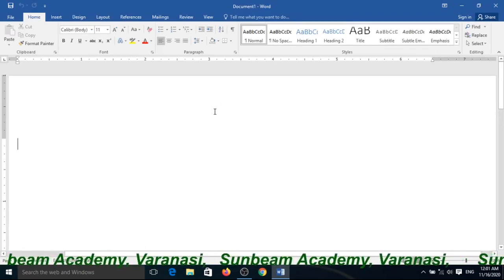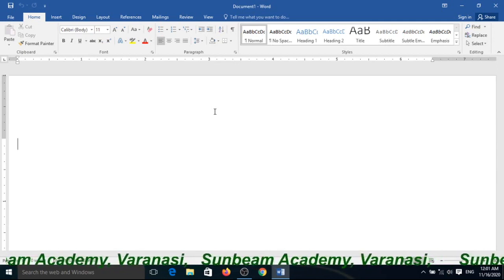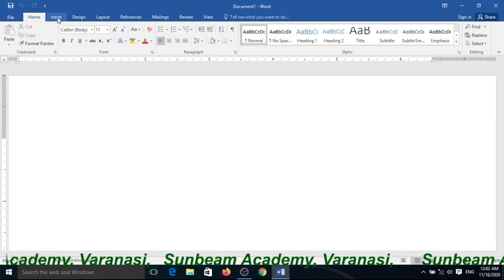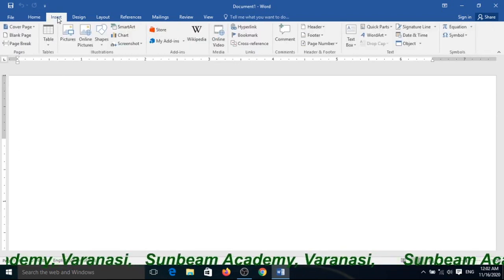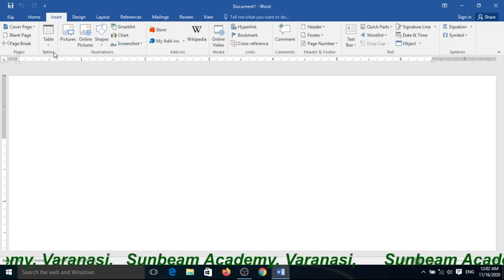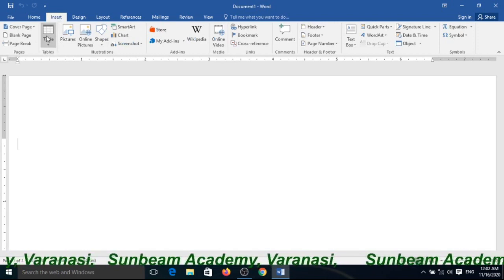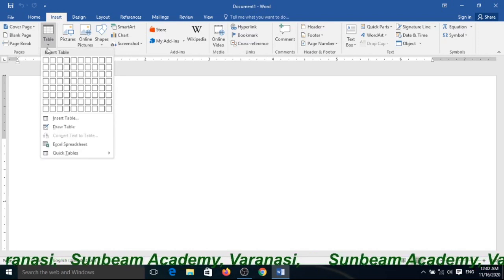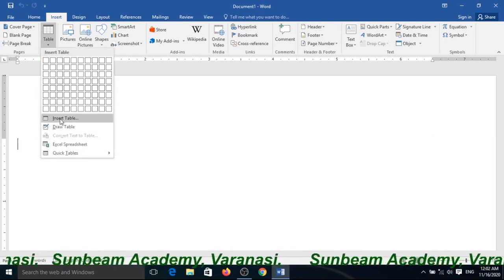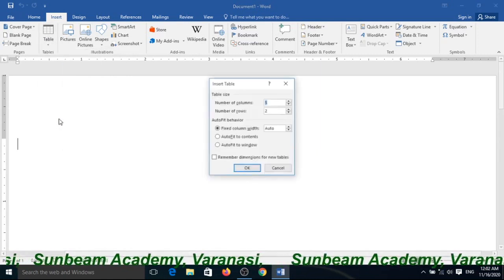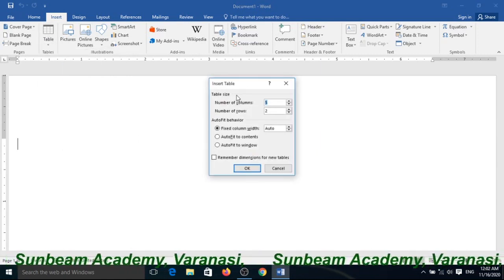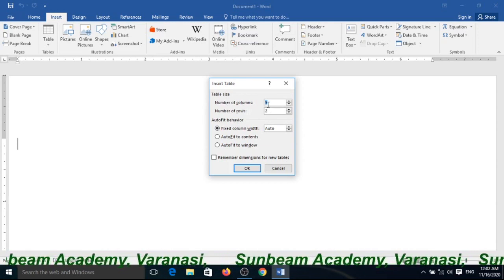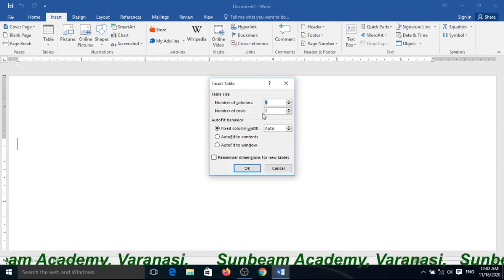There are three ways to create your table. The first way: click on the Insert tab, choose the Table group, choose Table, and then Insert Table. Then this dialog box will appear, with the default number of columns 5 and number of rows 2.